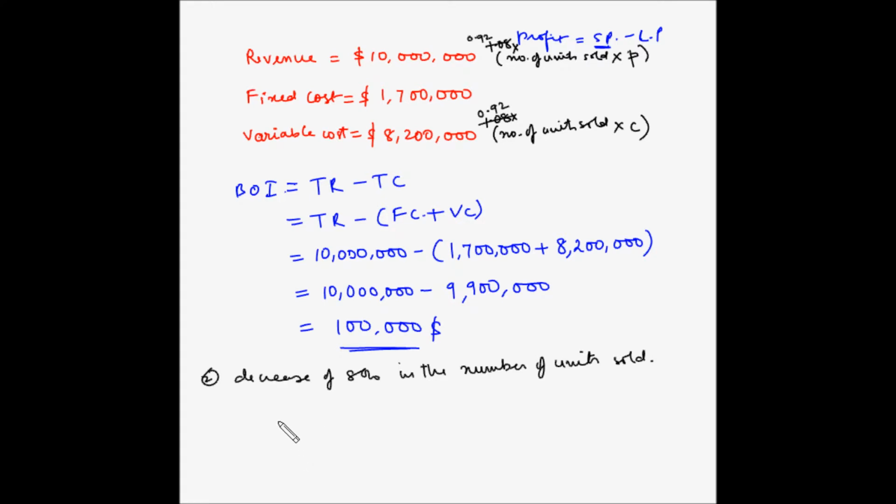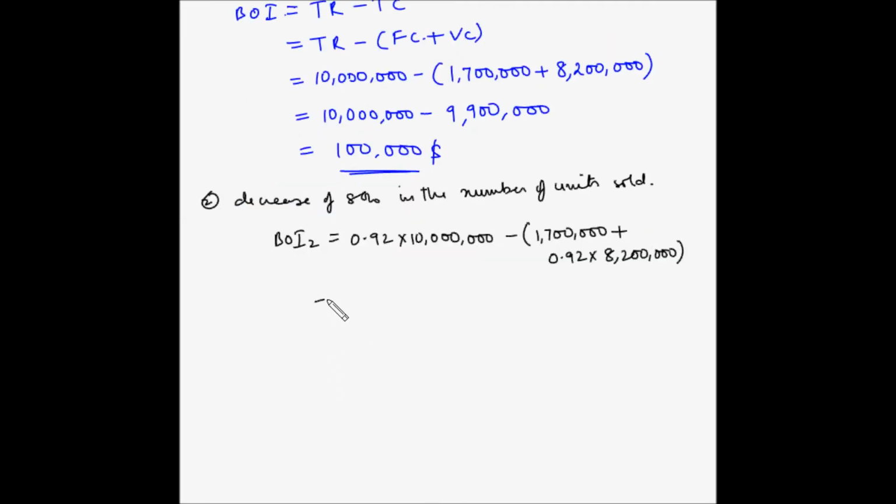Now let's find out the new budgeted operating income. So BOI2 is equal to, again the formula remains the same. The revenue is now 0.92 multiplied by 10 million, minus the fixed cost, which is 1.7 million, plus the variable cost, which is now 0.92 multiplied by 8.2 million. So this is equal to 9.2 million